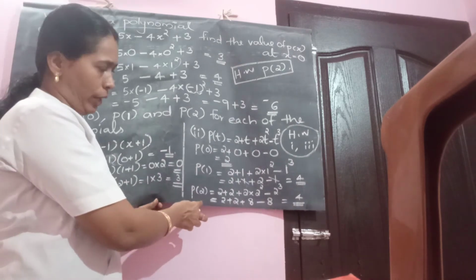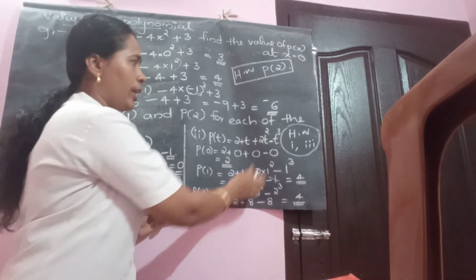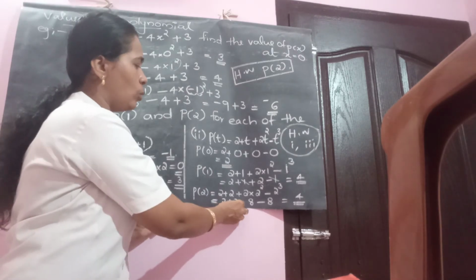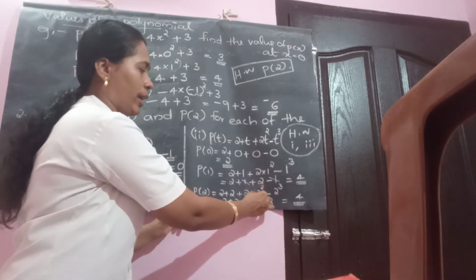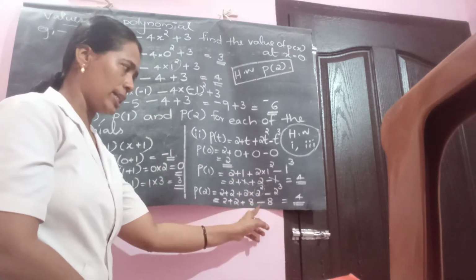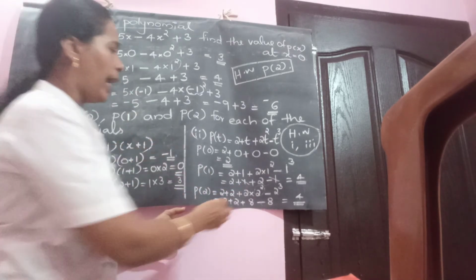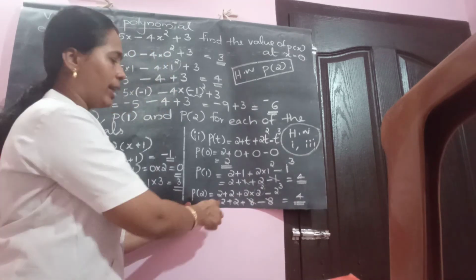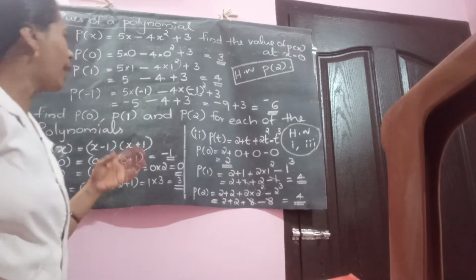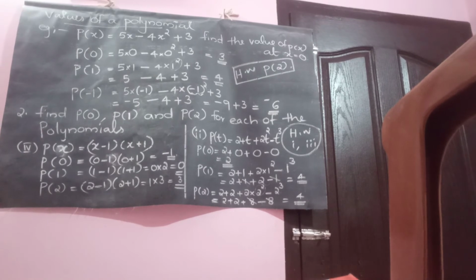Then P of 2, you find out. P of 2 is 2 plus t, which means 2 itself. Then 2 into 2 square minus 2 cube. First you find 2 square. 2 square, how much? 4, and 4 twos are 8, you write down. Then minus sign. 2 power 3, or 2 into 2 into 2, equal to 8. And these two 8s get cancelled. What is remaining for us? 2 plus 2 equal to 4. Slowly you have to do the same for the remaining 6 questions. Okay, go through the same.